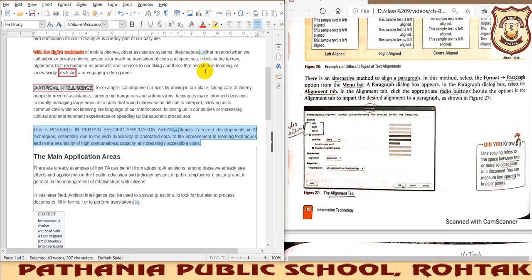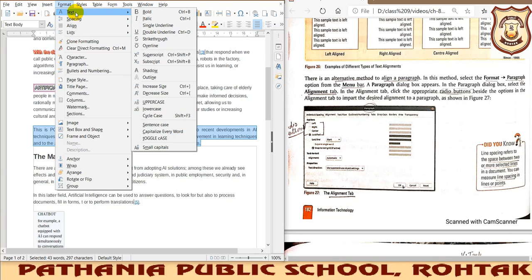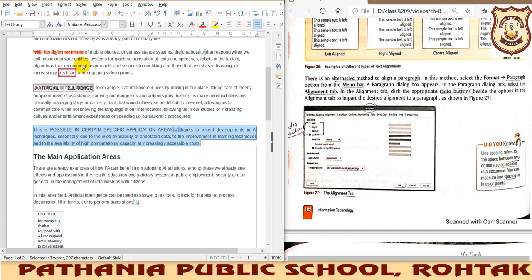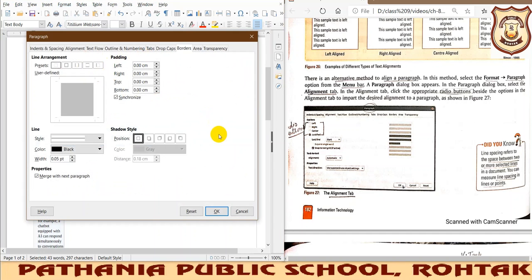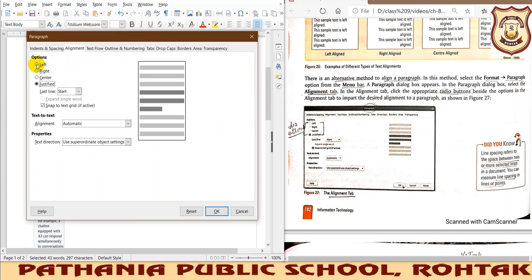You can go to your format tab. Okay, in the format tab you will get the paragraph option. As you have the text option, you can see the paragraph option also, which you can find here. Once you click it, a paragraph dialog box will come. Here also it will offer you various options in the indent and spacing tab. You can set the alignment also: left align the text, right align, center align, or justify it. Okay, so in this way you can set the alignment of the text from the alignment tab. Fine.